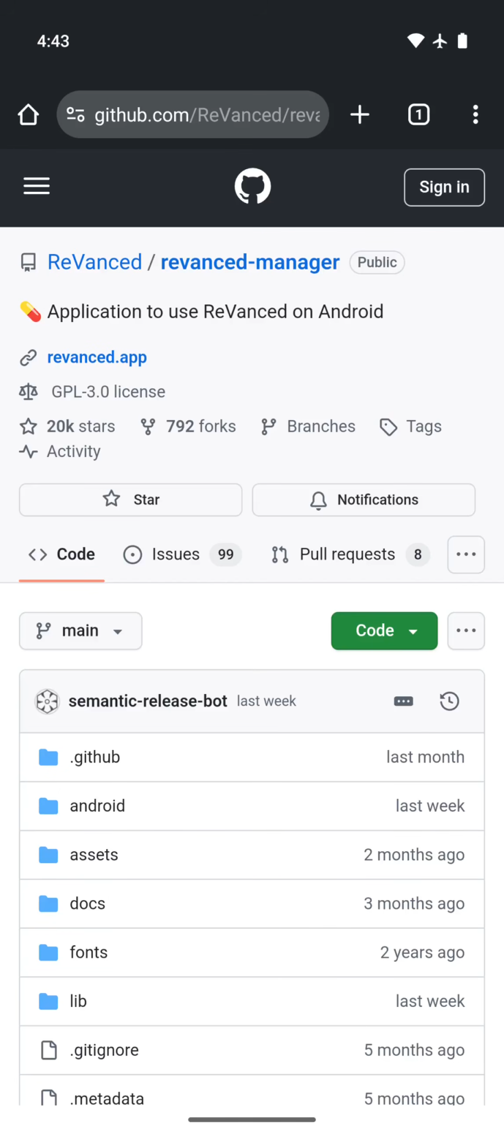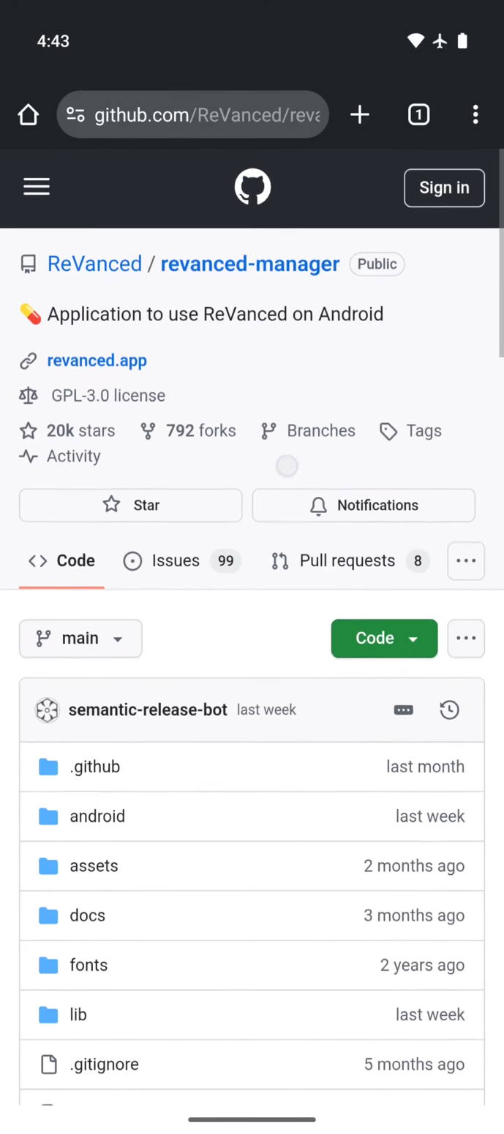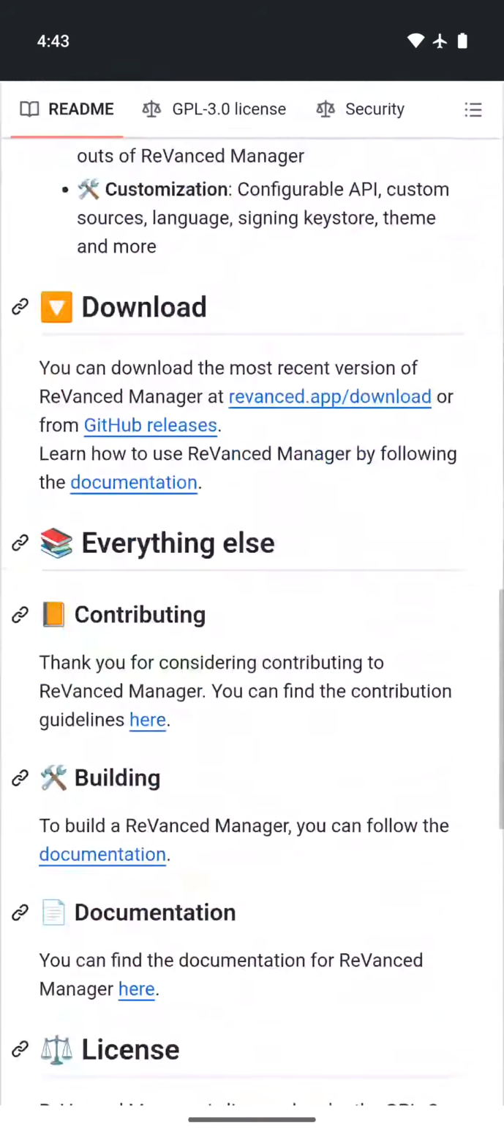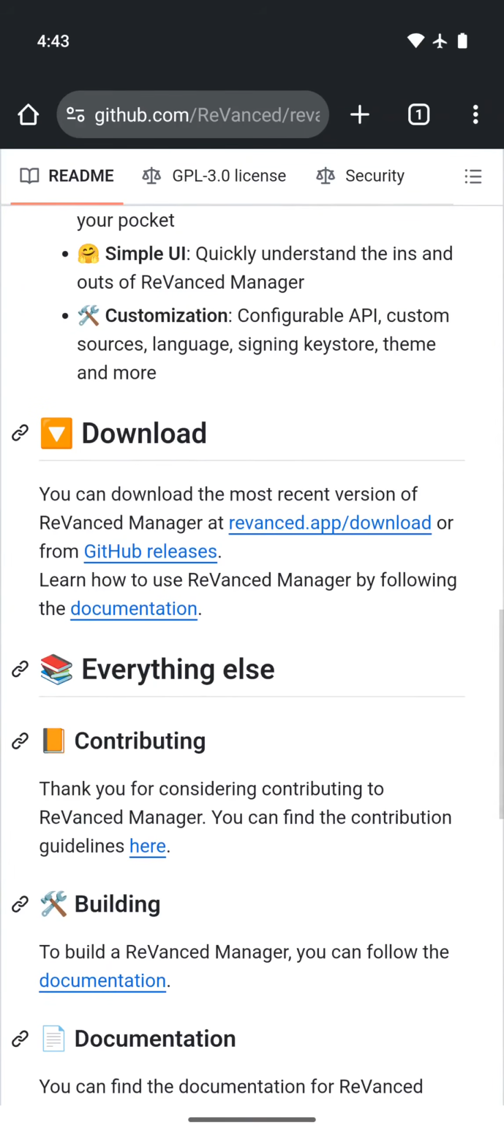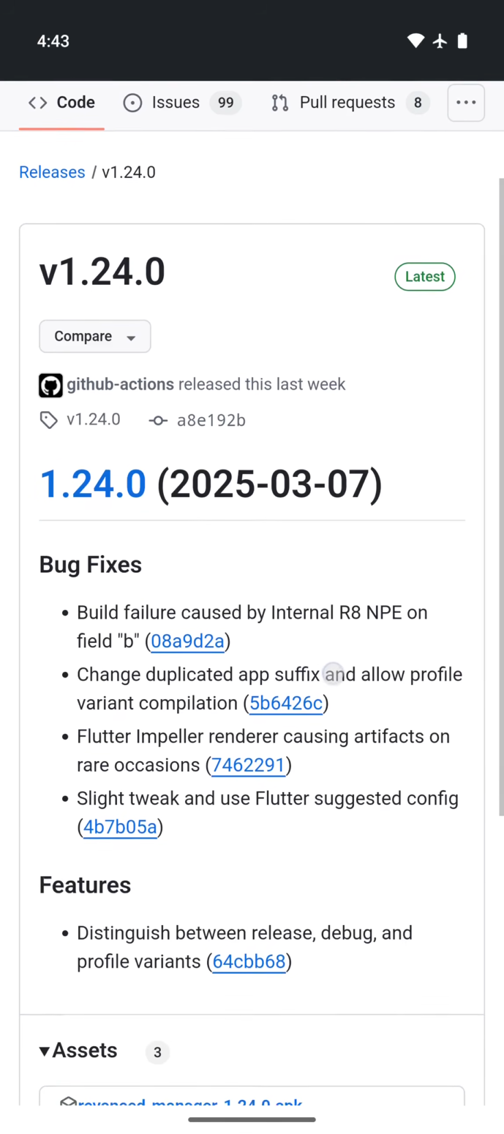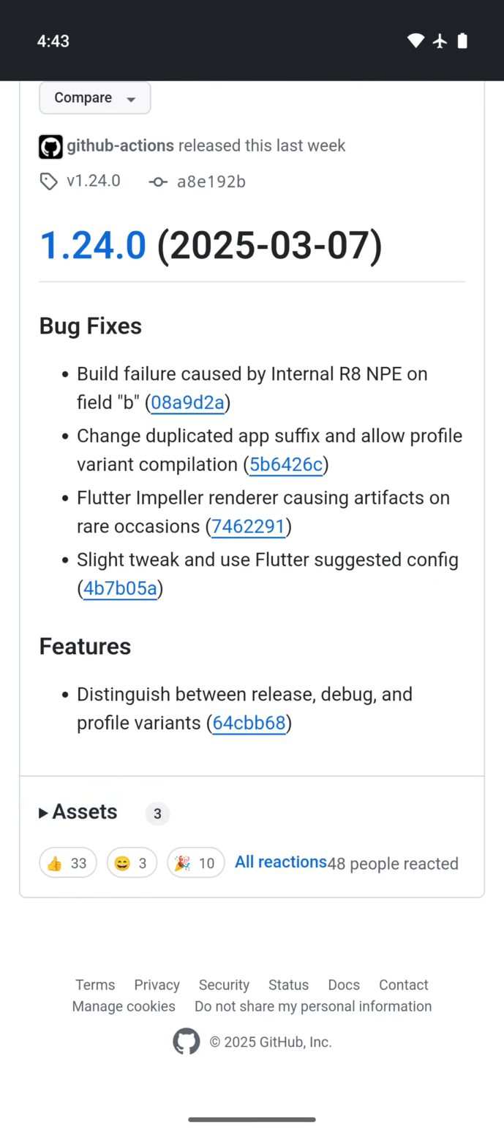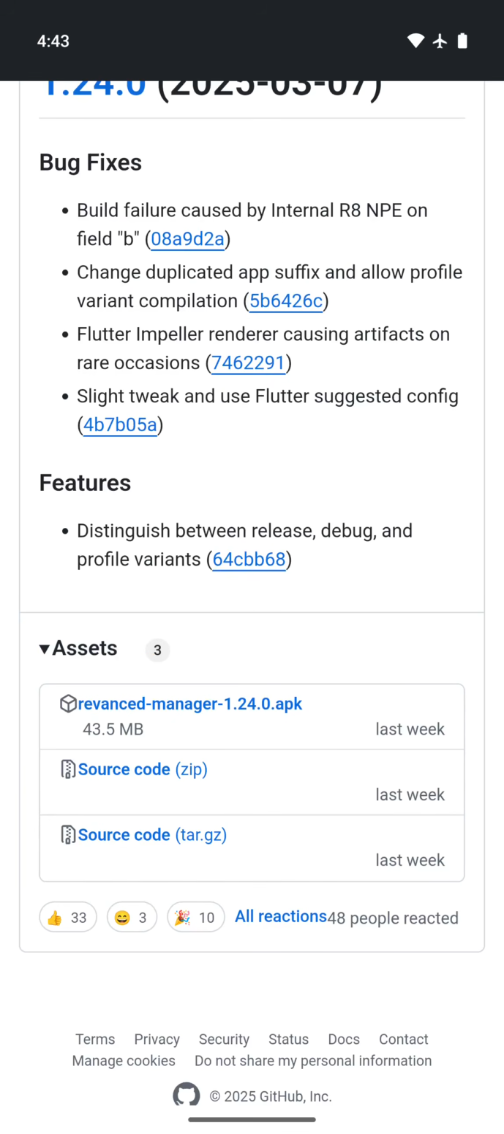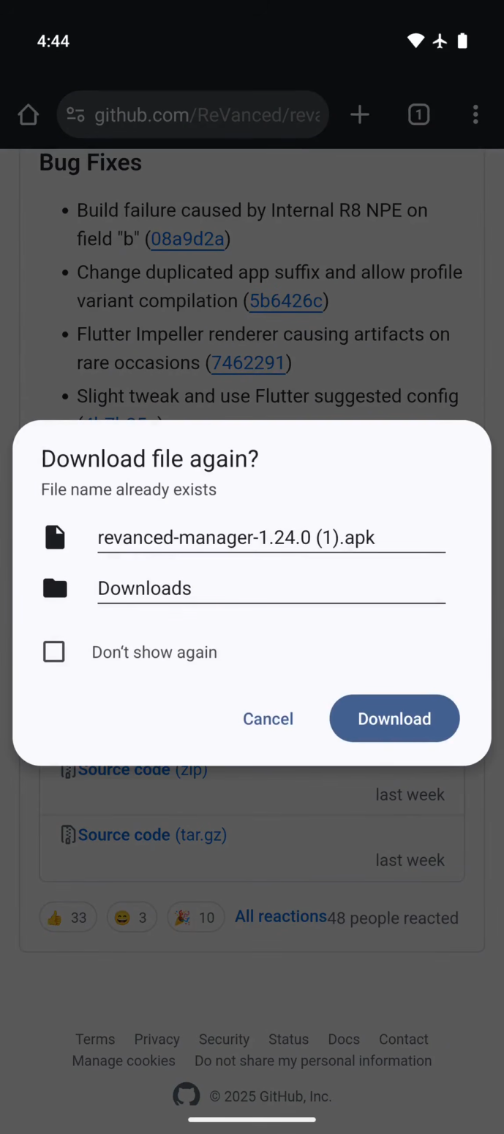So if I wanted to install Revanced Manager on my phone, it's pretty simple to do. I just go to their GitHub page, which is what we see on the screen here. I scroll down, I look for their releases section, which is right here. I pick the release that I want. In this case, I'm just going to go with the latest one. I scroll down to the assets section, and I click on the APK file that they have here, and I